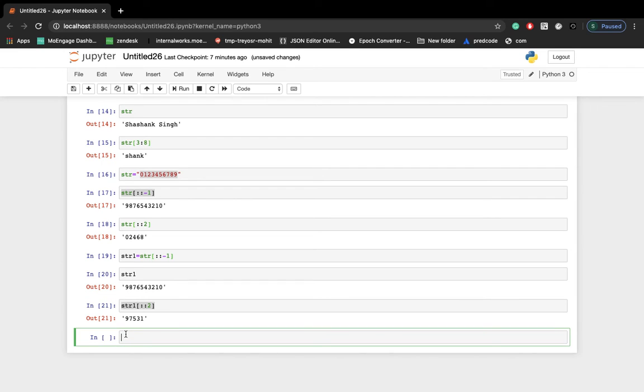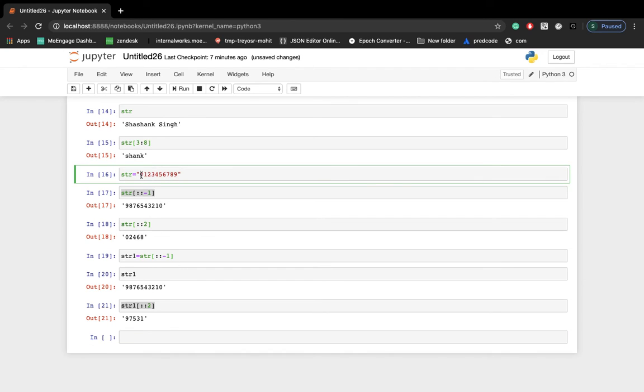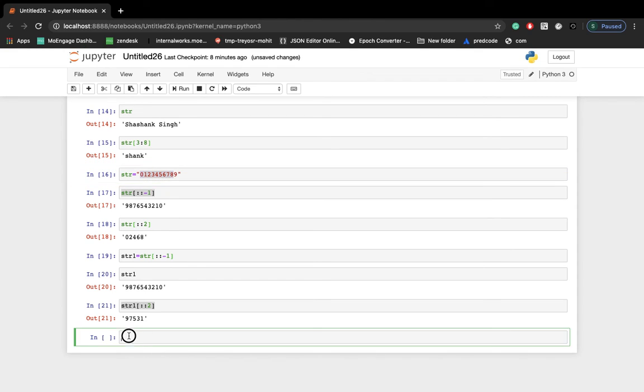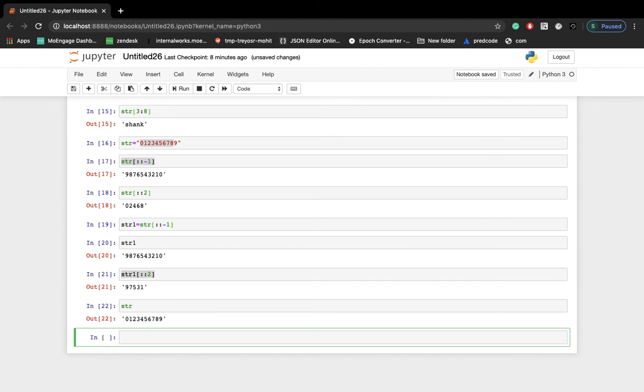Now there is one more concept. What if you have to fetch the characters till 8 in the interval of 2, I mean 0 2 4 6 8, like this? How can you achieve this? Let's print str again. Now what you have to do is str starting from index 1 till index 8 in the interval of 2.